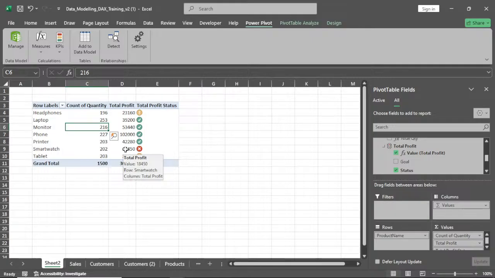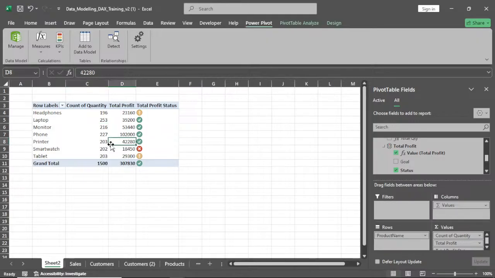What do we need to do? We have said the number of sales is going up, but profit is not really going up. Are we going to increase the profit margin, or do we target to sell more of our smartwatch? That way we have been able to assign KPIs to our